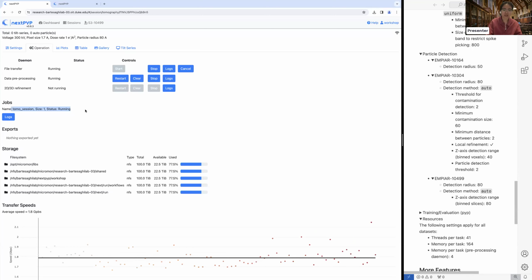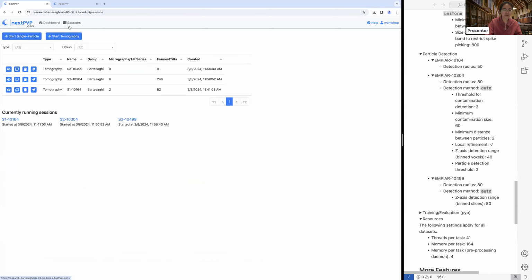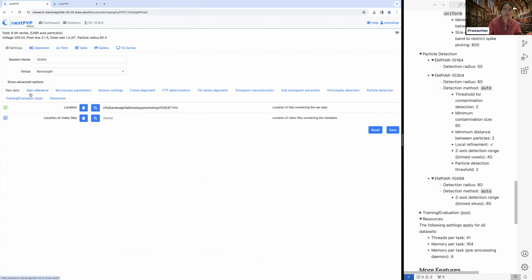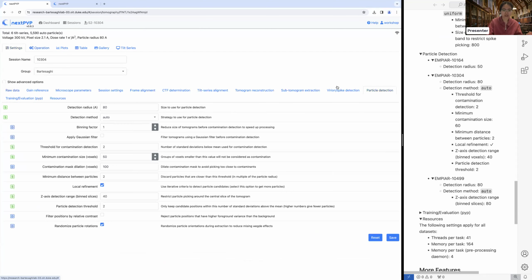While this is running, I'm going to go back to the purified ribosome data set and just demonstrate what these restart and clear options mean. Like I mentioned yesterday, restart is a smart restart. So if I change, for example, under particle detection, let's say I think too many particles have been detected. I want to increase the radius of the particles so that I get fewer particles. So if I change this to 90 and I hit save,